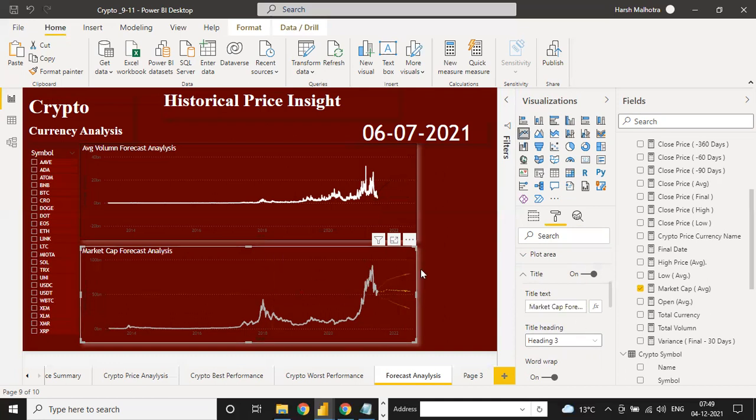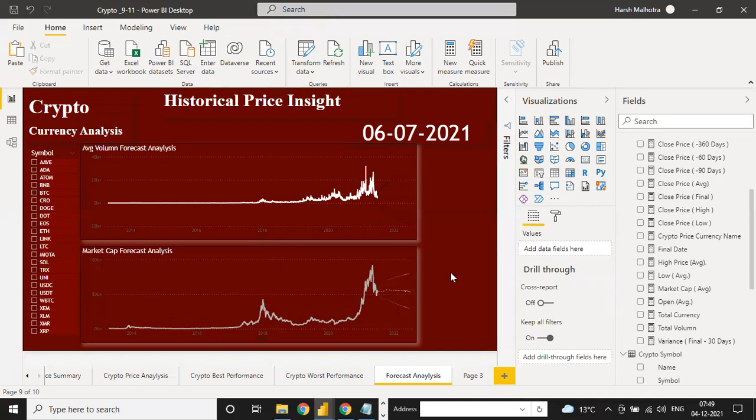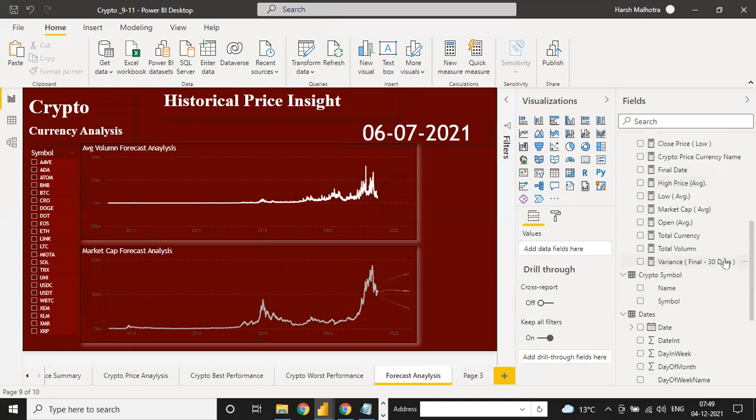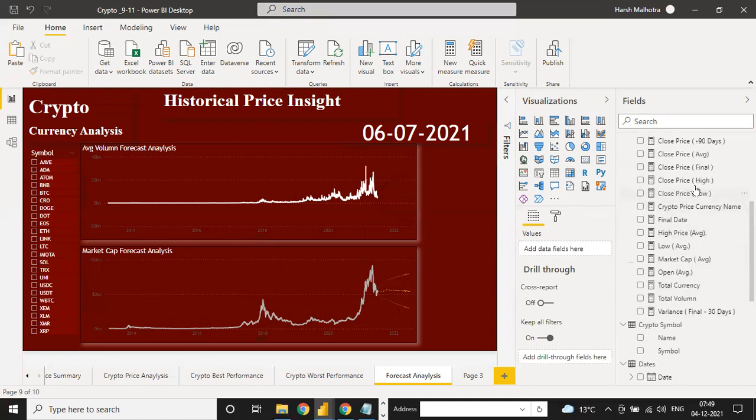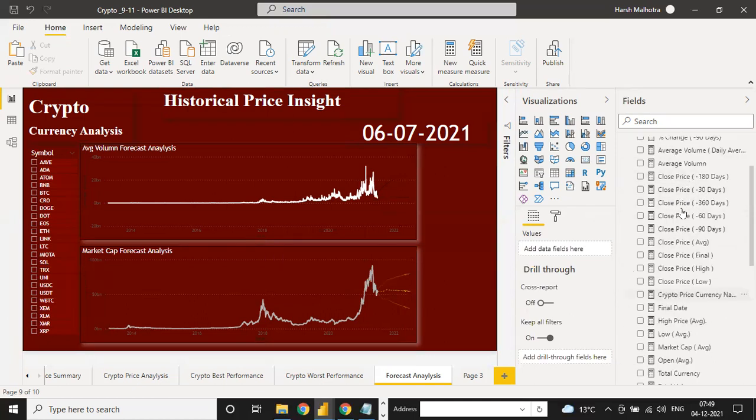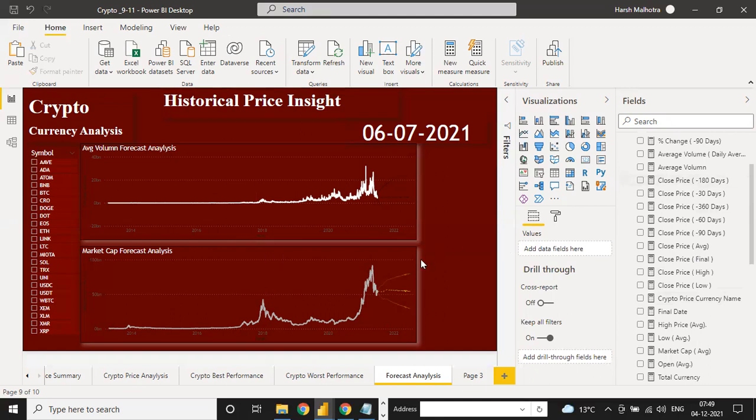Okay, same way this is your two forecasting types, and same way guys you can put it as market cap, as a high price, what is your final crypto price, low, high. This way you can put it together. You can put this kind of forecasting, and mostly forecasting should be done only for the final thing, that average volume and market cap,